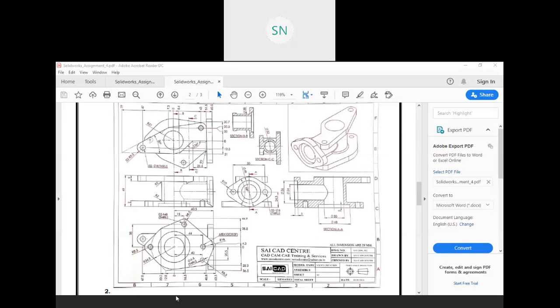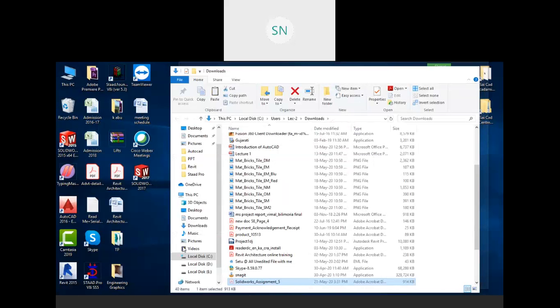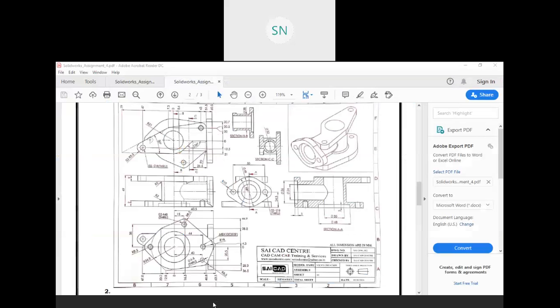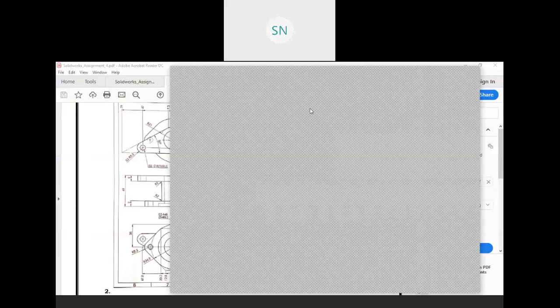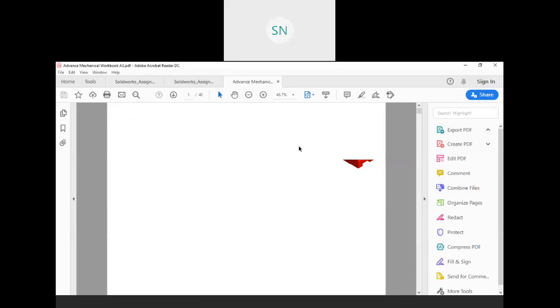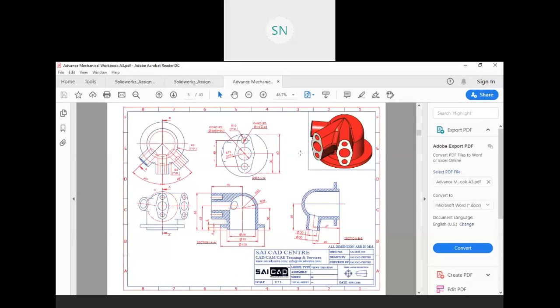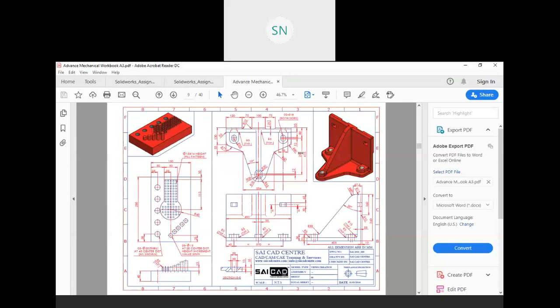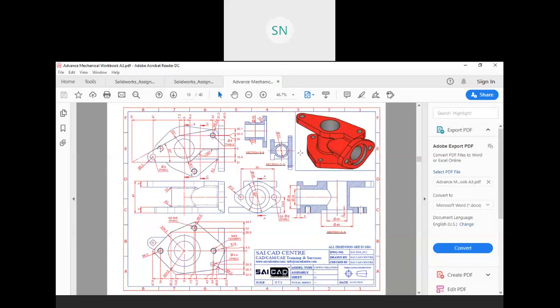Just a minute, let me open my actual drawing, because I have one, so it will be easier for you to understand. Okay, so here we have this same drawing.